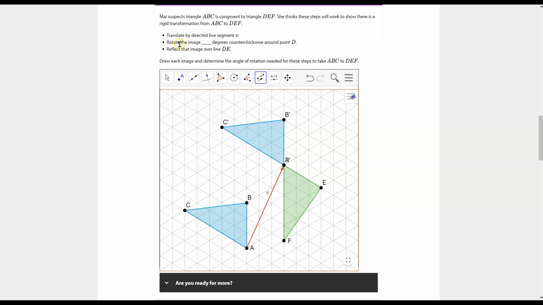Okay, then the next thing she wants to do is rotate it, and once it's rotated, reflect it over DE. So she wants to rotate this down this way and then flip it over onto itself. You have to figure out what's this angle and what do I rotate it around. So it looks like it gets rotated around this point. It's more than 90 degrees. I'm going to guess